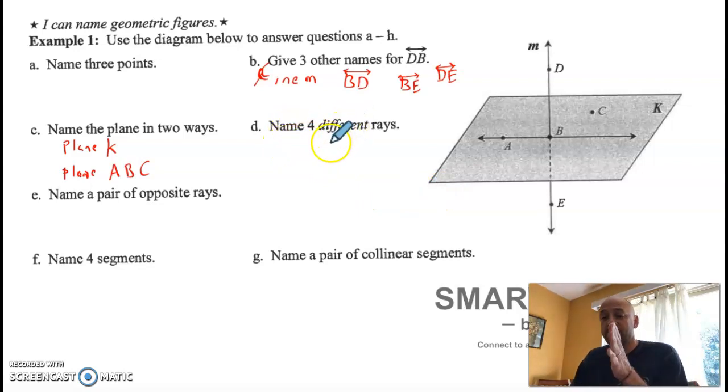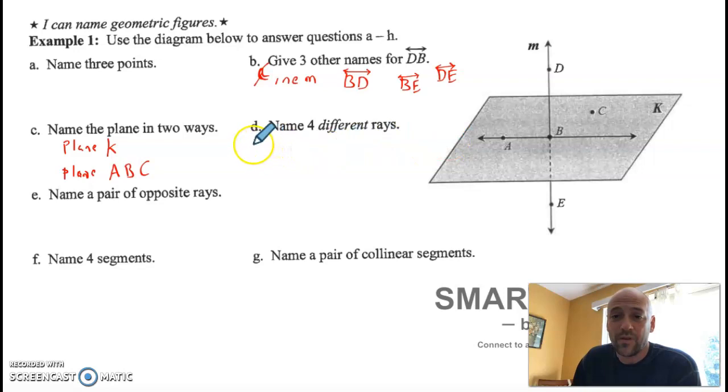Okay, name 4 different rays. Remember, a ray starts at one point, goes forever through another point. So in this picture, I'm just going to start at B. We got ray BA. When you name a ray, capital letters, starting at B, going through A. So that's this ray, from B going through A forever. I can go B, starting at